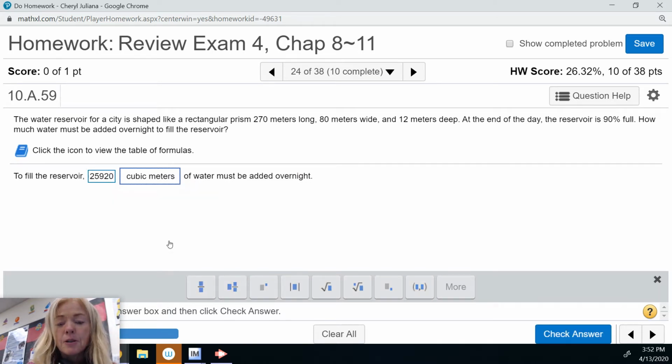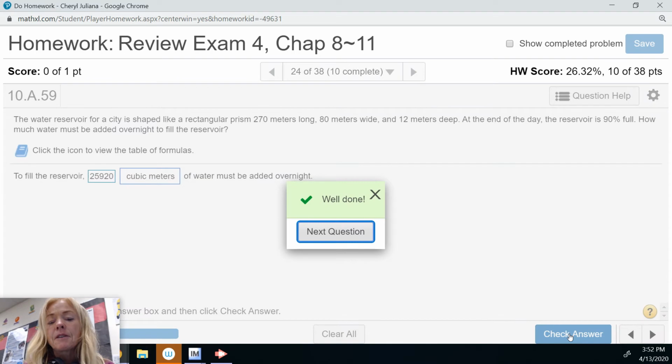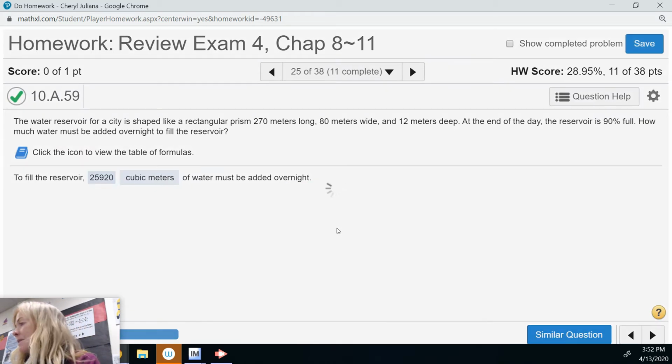And we need cubic meters added to fill up our 90% full pool to 100%. All right, next is